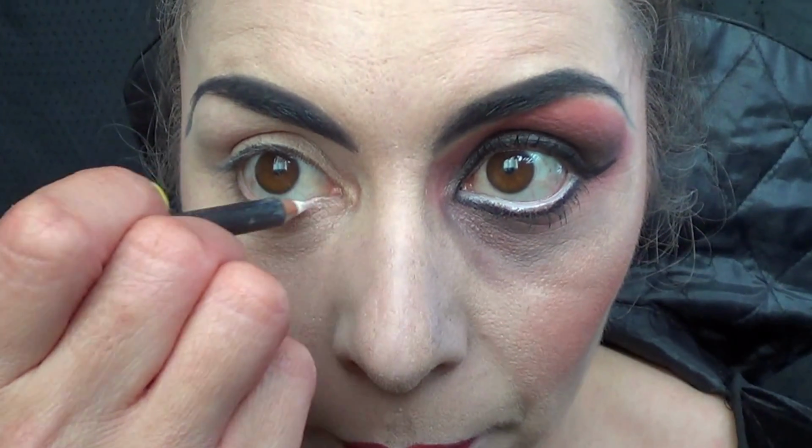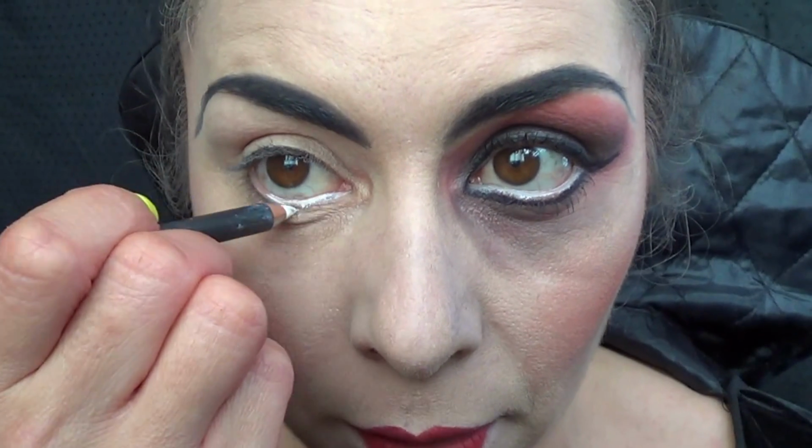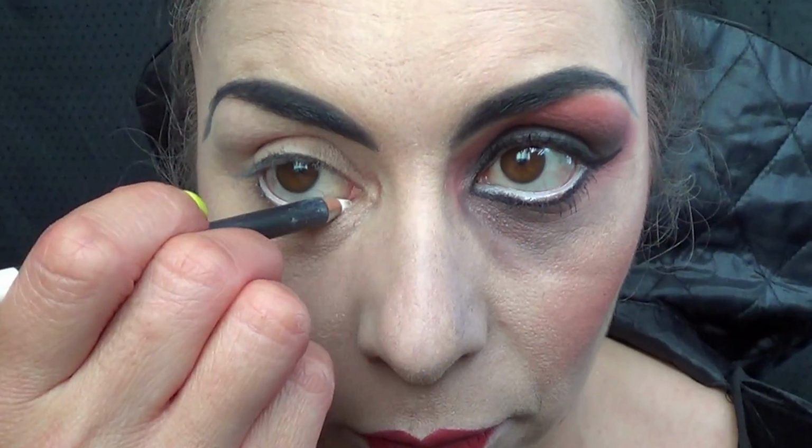Okay, so next thing that I want to be doing, I'm going to take a white eyeliner and I'm going to pop it on the inside rim. This is going to make your eyes look a lot bigger, and for once this is one of the looks that you actually don't need